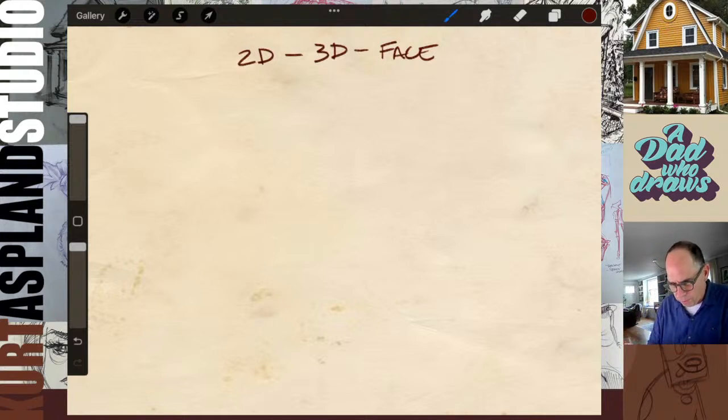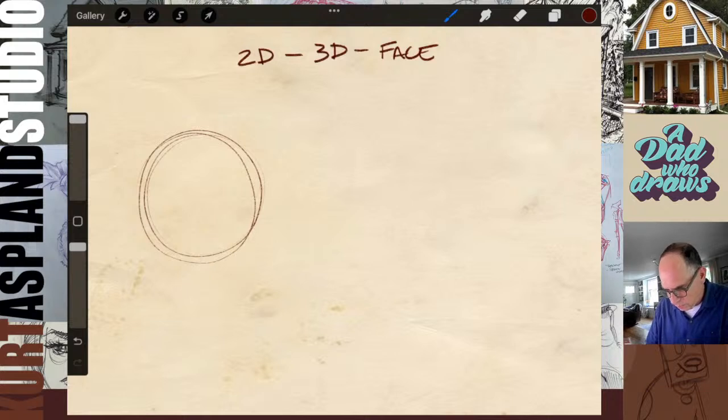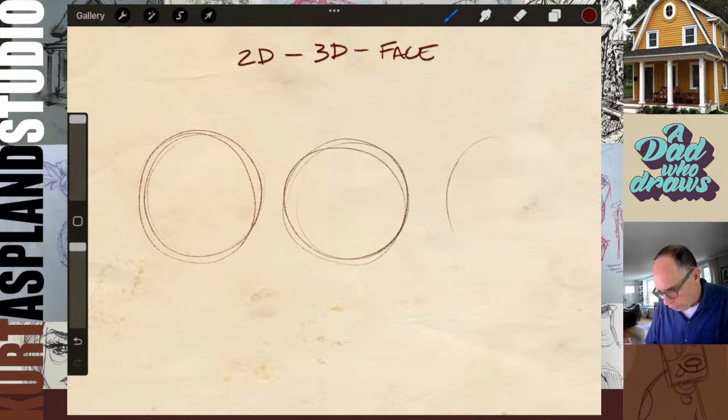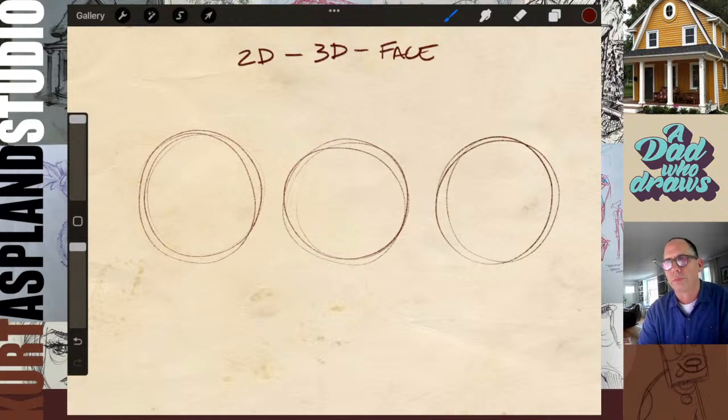So let's start off with a simple sphere. And we're going to draw another one right next to it. And we'll draw a third right next to that, okay? All right, so let's just say this 2D axis is heading straight up and down. So let's do that first.